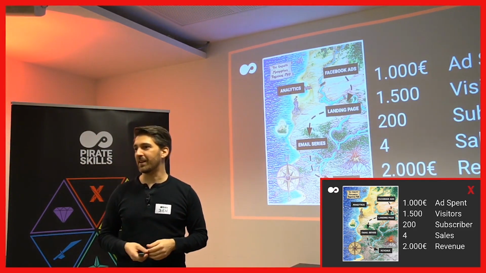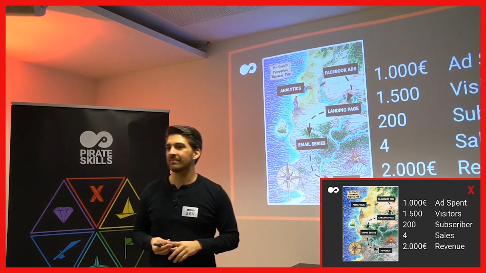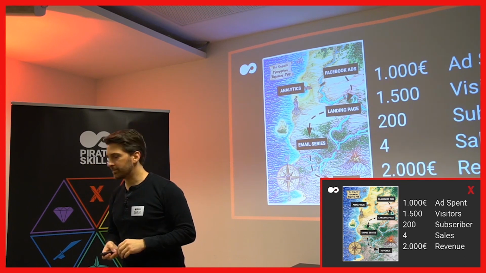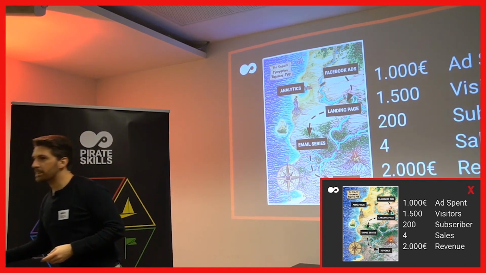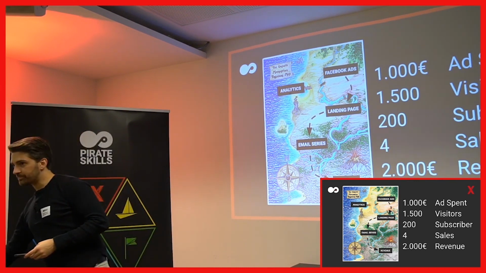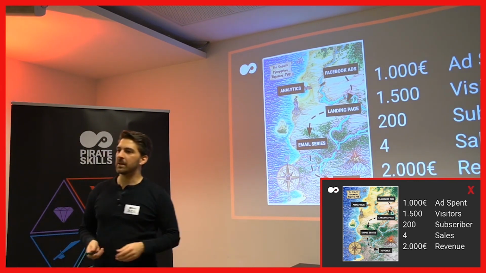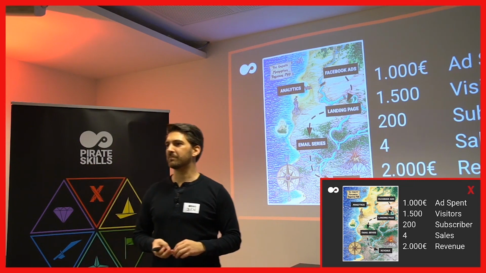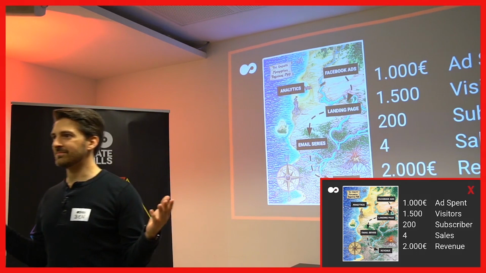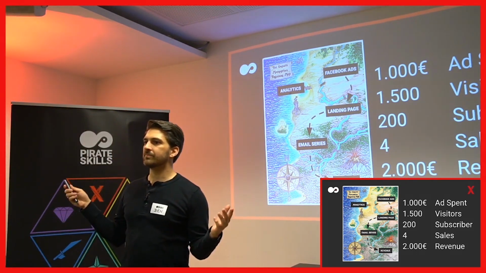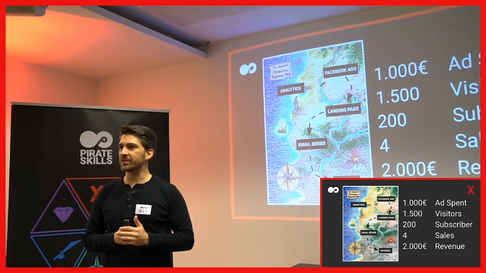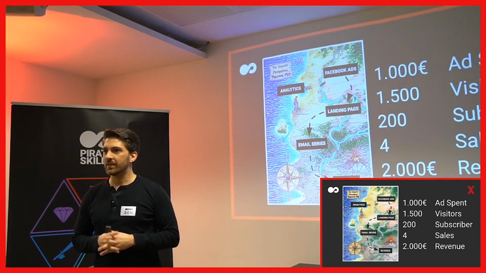What would you guys say? Yeah, please. I mean, one of the problems is when you just calculate the ad spend and the revenue, you have a ratio of 1 to 2, and you don't have the other costs inside, so I would say you make a loss. Well, let's say there are no other costs. So when there are no other costs, what's the problem? You are turning too few visitors into sales. Okay, too few visitors into actual sales. That is one opinion.